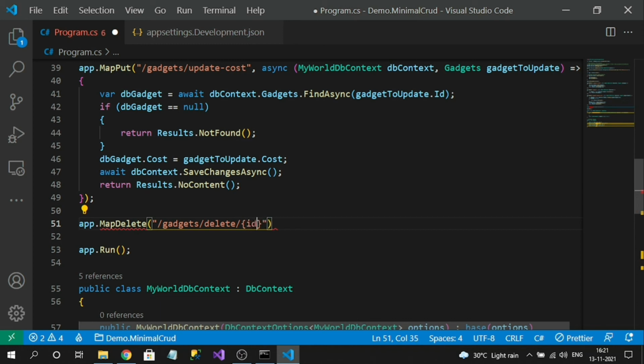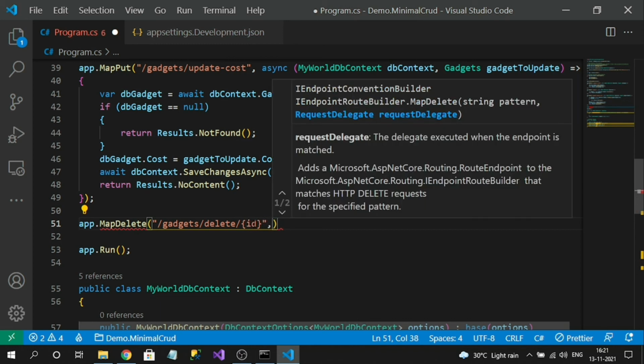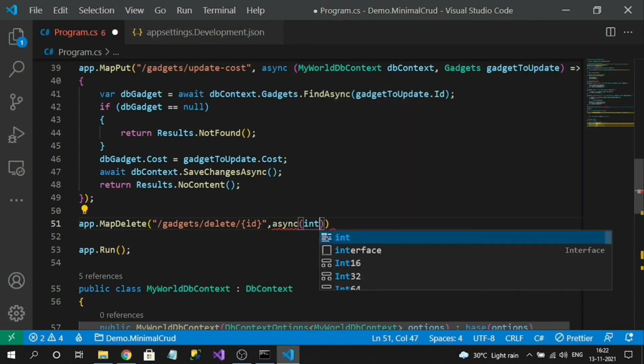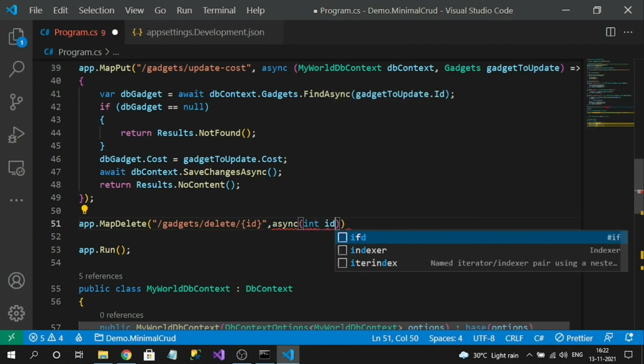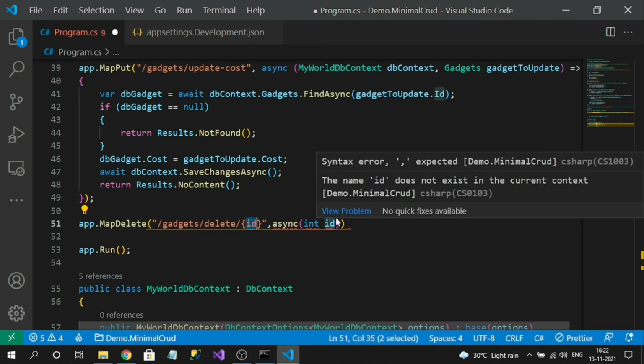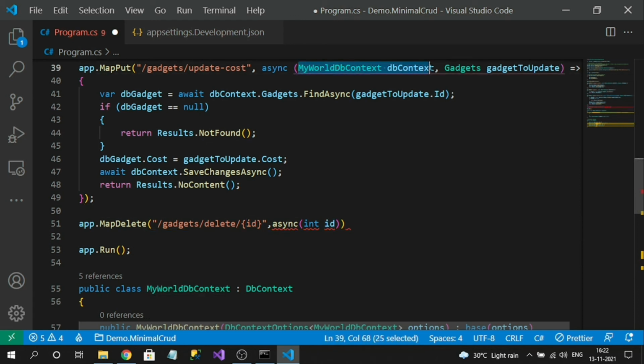So I want to pass ID. Now the value in this expression can be read as an input parameter in our delegate method. So I will create an asynchronous method, use the first parameter as integer, and define the name. This variable name must match the one here so that we can read it from the URL. And finally let's inject MyDB context as well.